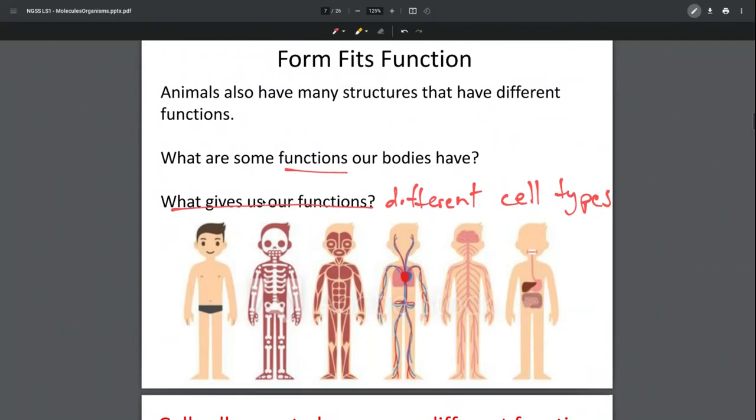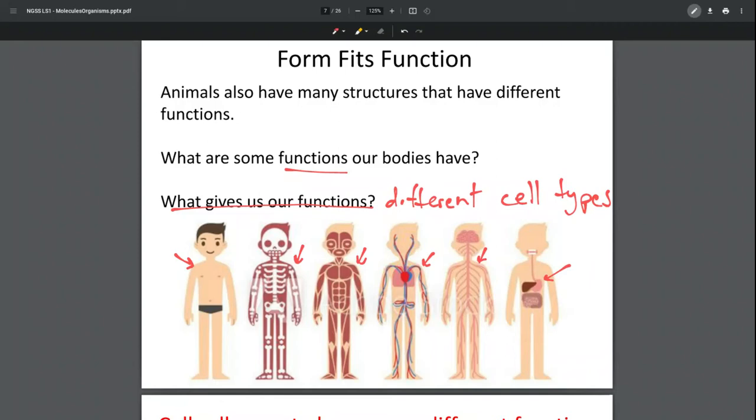So for humans or for any animals, right? Let's talk about mammals. We have all of these different parts. We have the outside, which is our skin cells, the integumentary system. This has a particular job. We have our skeletal system made of different types of cells. We have muscular, we have cardiovascular, we have nervous, we have digestive, and all of these are composed of different kinds of cells,